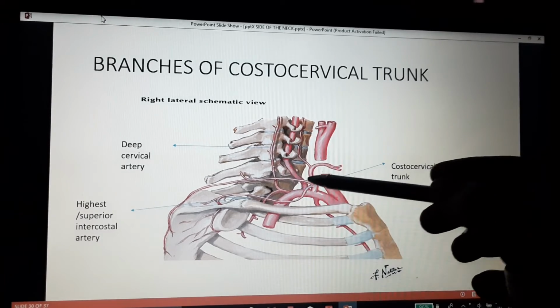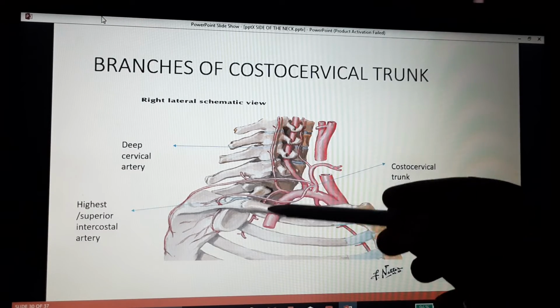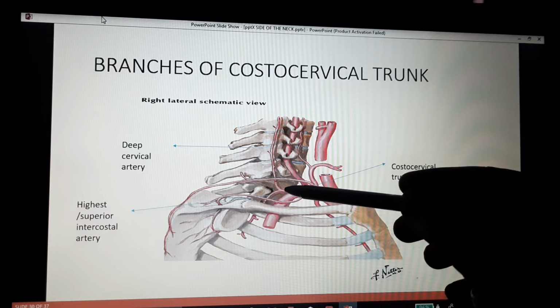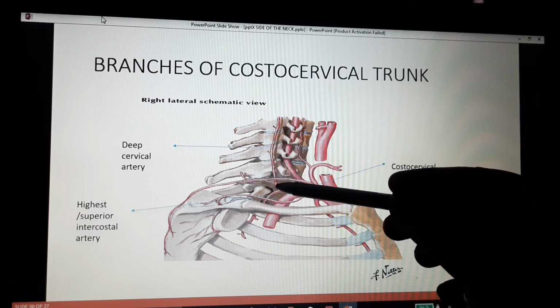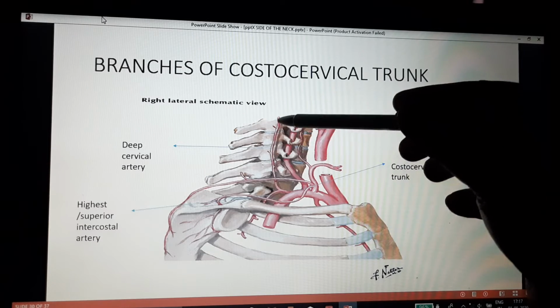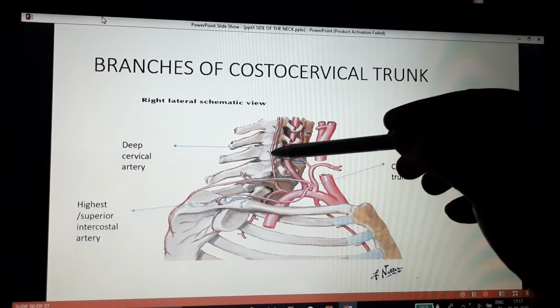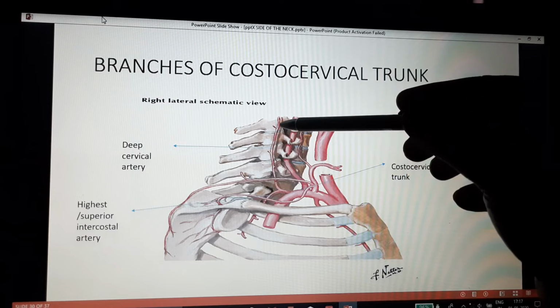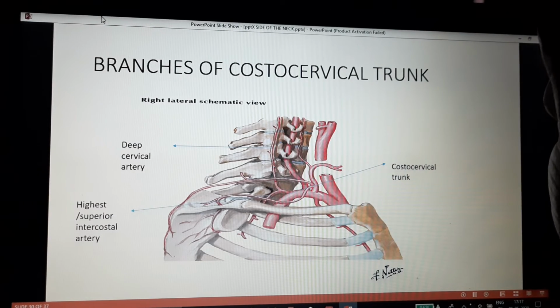In this picture, you see the costocervical trunk. Lung is not seen here. So this is the costocervical trunk, which divides into the deep cervical branch. It runs behind the transverse process of the cervical vertebra. It gives branches to the surrounding muscle,